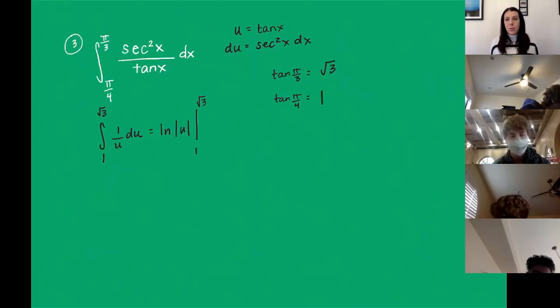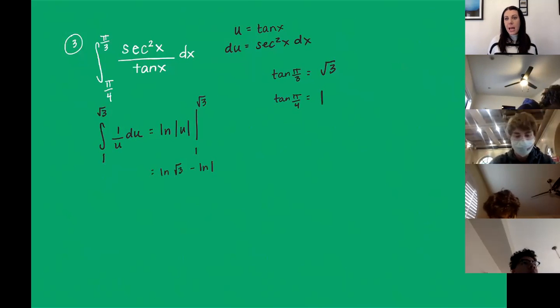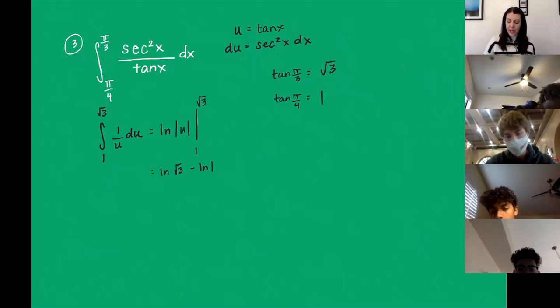We don't need a plus c because we've got bounds. Anytime you have bounds, you don't need a plus c. You could include it if you want. So now we have ln of the absolute value of rad 3 is rad 3, so you can just write it as rad 3 minus the ln of 1. What is ln of 1? 0. Perfect, Nauman. So it's 0